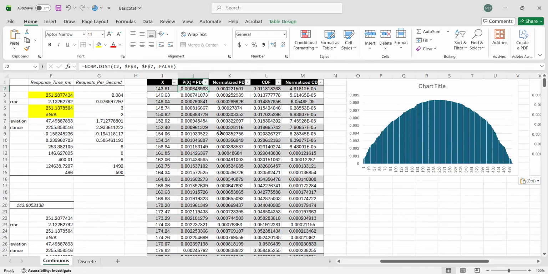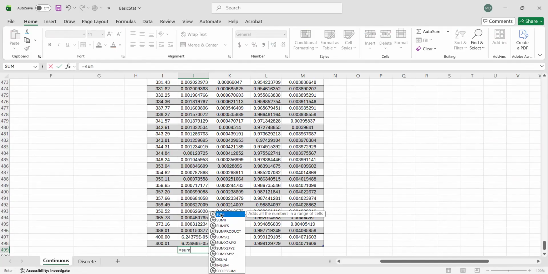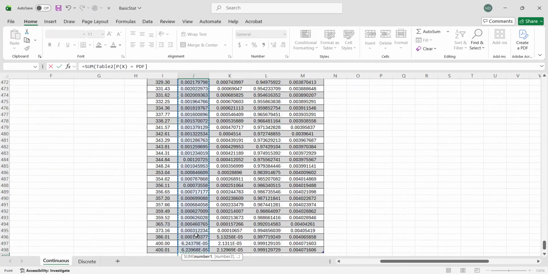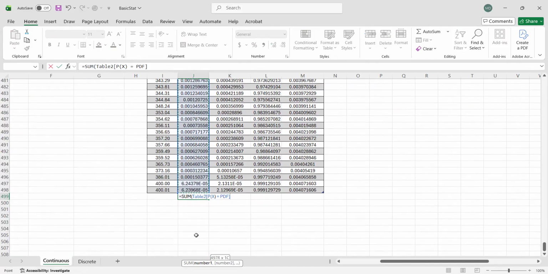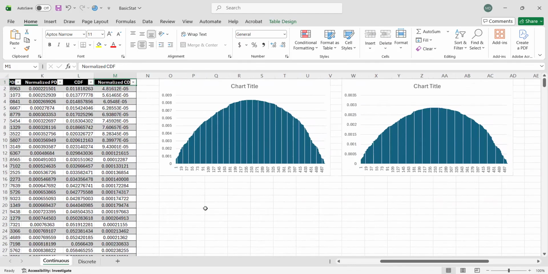If you take the sum of all of these, let's take the sum using the formula sum. Sum of all the numbers from the top up to the bottom, and then enter, and you have the sum also for the rest. So as you can see, the sum for our normalized distribution is always 1. All right, that's all we can say for now regarding distribution, of course.